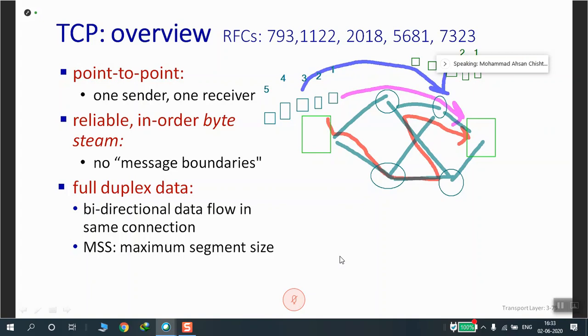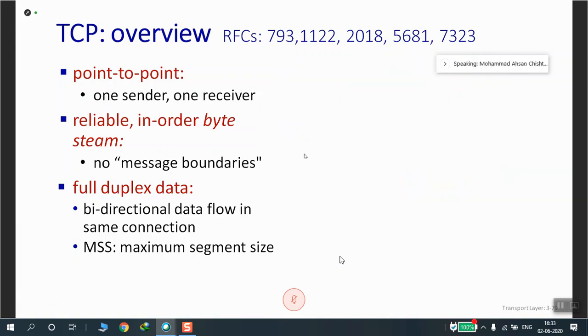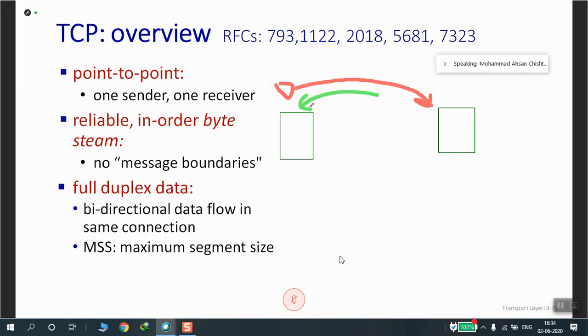Let's see here. So what do we expect here? So this is the sender, this is the receiver. In this case, we expect if one packet is sent here, this is the first packet, send the acknowledgement back of one, the next packet is sent.